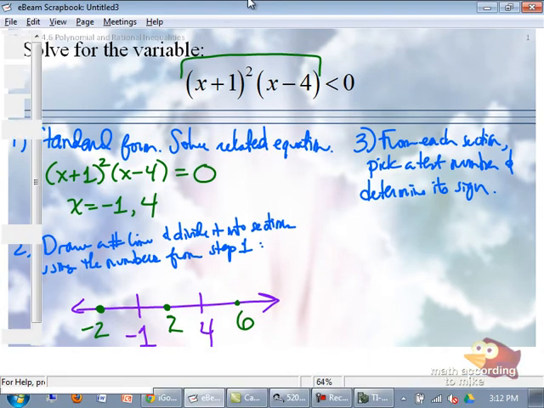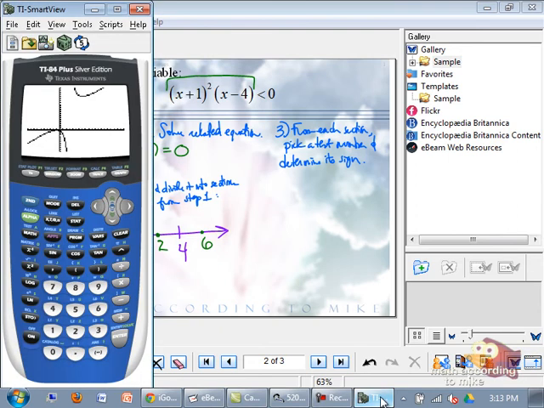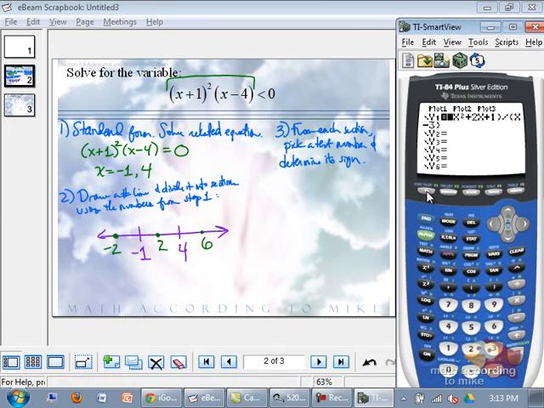Comment. Strongly encourage you to use your calculator. You know, I'll just do this. It'll be so much easier. If you go into y equals and you type in your function,